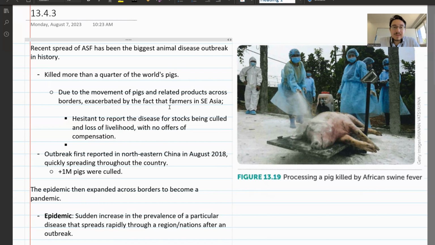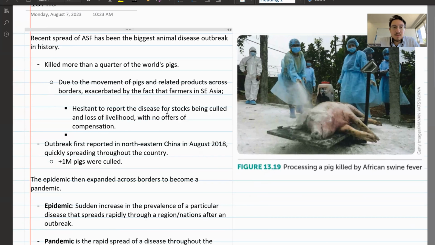And the problem with this is that farmers in Southeast Asia weren't reporting that some of their livestock was sick. And because of that, people, produce and livestock were getting sick, spreading out even more than what the health officials could detect